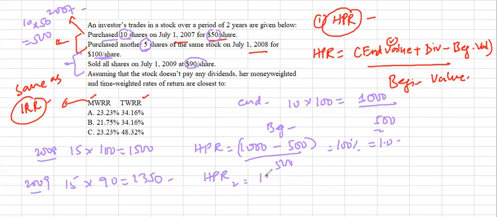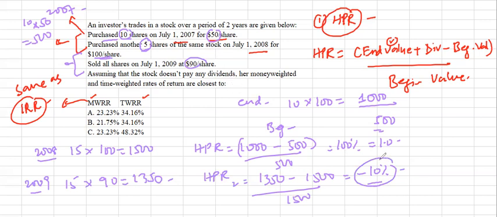The final value is 1350 minus initial value upon initial value, right? So we are getting a negative 10, minus 10%, right? In terms of percentage, we multiplied it with 100 at the end. Now applying this